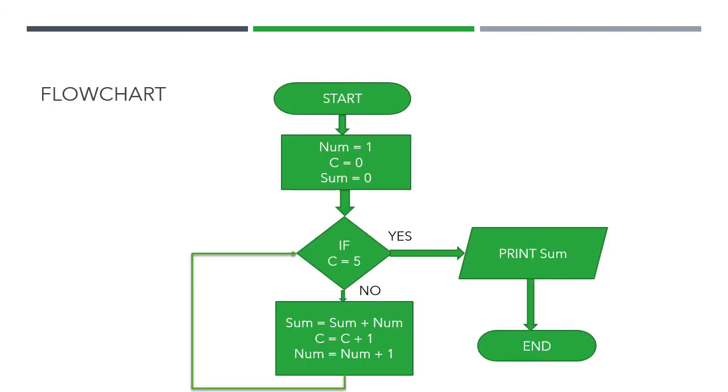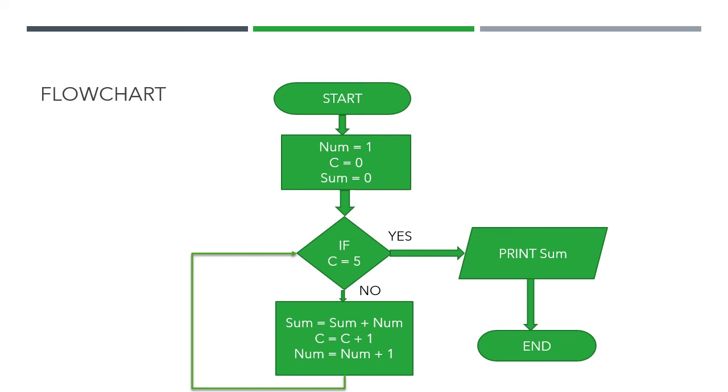Now let's see the flow chart for that same question. Okay, so here also the flow chart will start with start. Again, we have done initialization. So num equals to 1. For counter, I have used the letter C. C equals to 0. Sum equals to 0. One important thing: all these things are called variables. Okay. This num, C, sum, all these are called variables. And all these are called values. Okay. So variable and values.